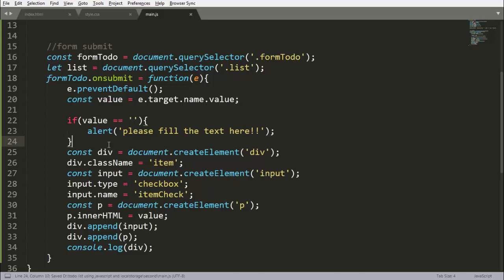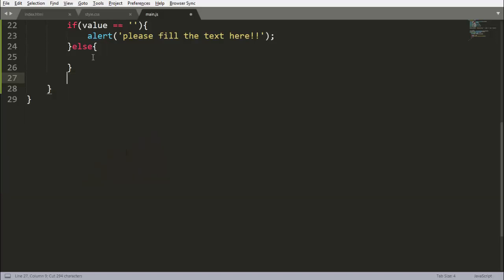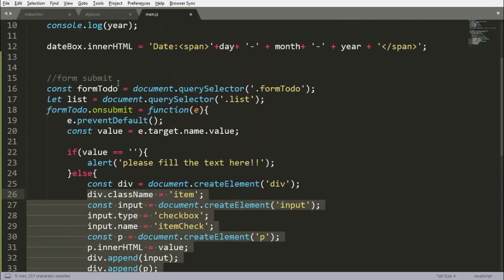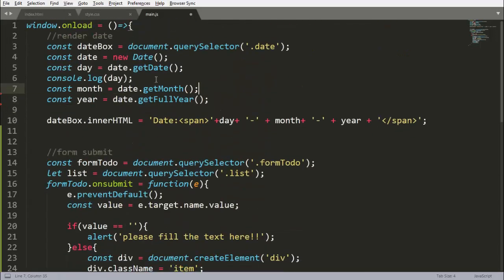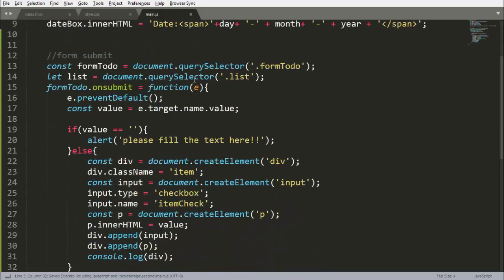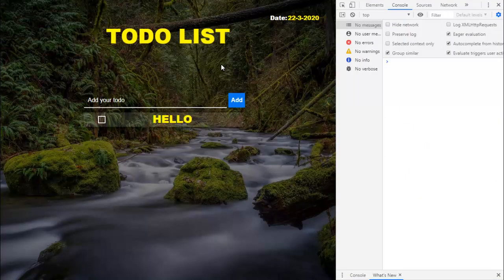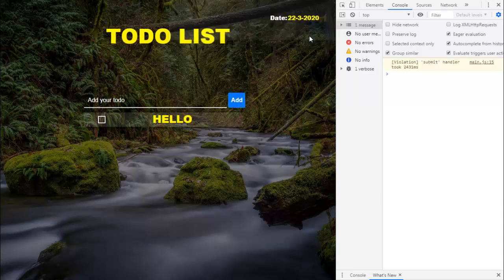And in the else condition there will be our control X, control V. I am removing these consoles also. So whenever we click on add here, it says please fill the text here. We are not getting anything.